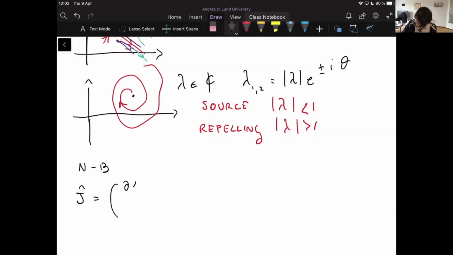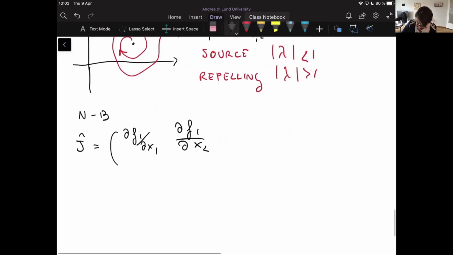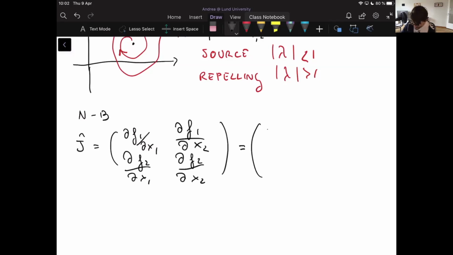Therefore, the Jacobian is given by the derivative of the first function with respect to the first variable, and the second with respect to the second, and so on and so forth. f2x1, f2x2. So I have no time to make you go over it, but